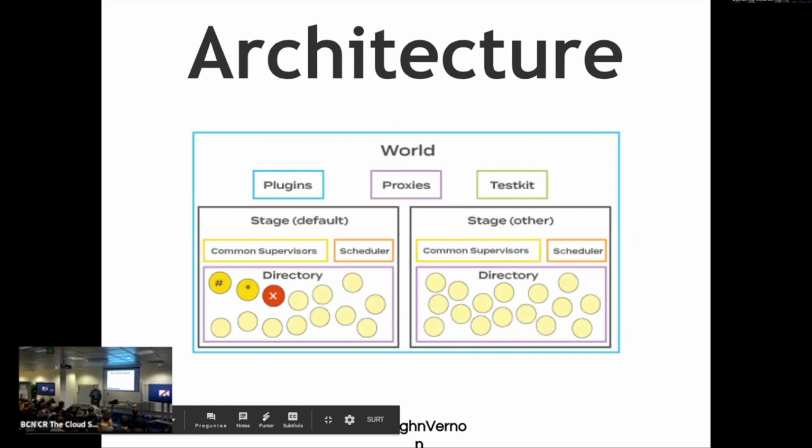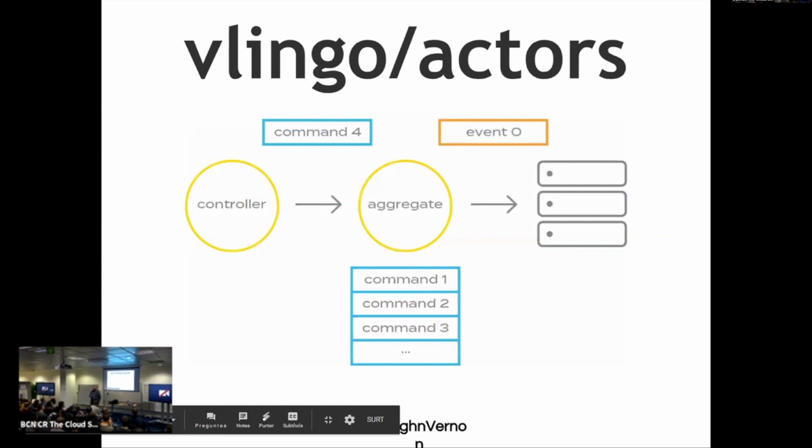It's based on actors. The large abstraction in our actor model is called a world, and worlds have stages where actors can live and play. And Vlingo actors are reactive.